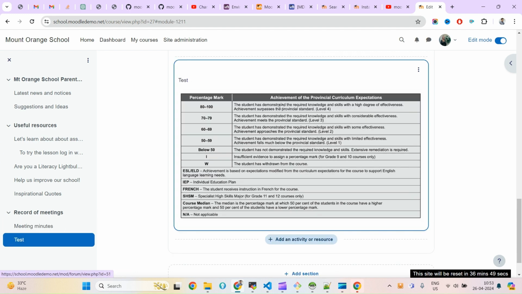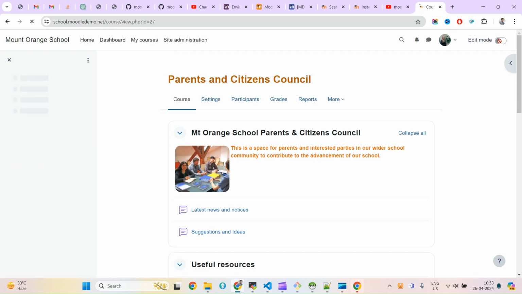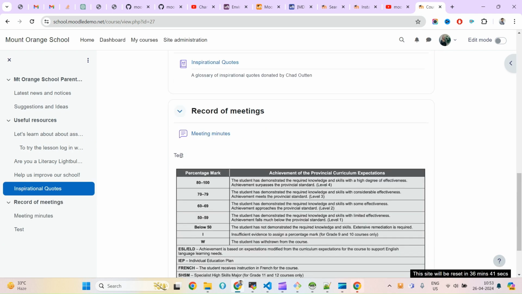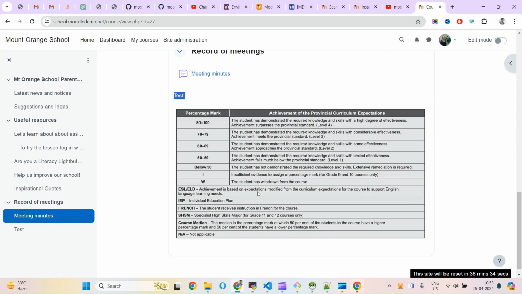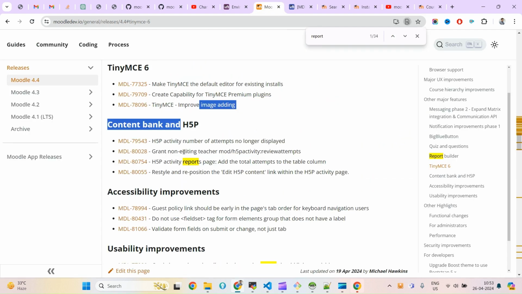If I click on this, I will get this. Let me try turning off the edit mode, and yes, it is like this. Got it. So this is how they have improved adding images in the TinyMCE editor. Make TinyMCE default editor for existing